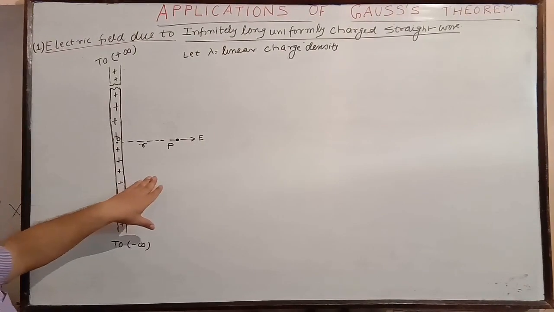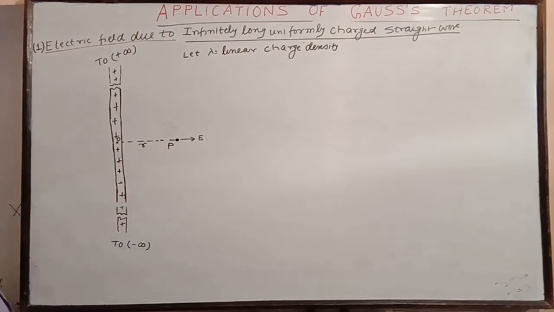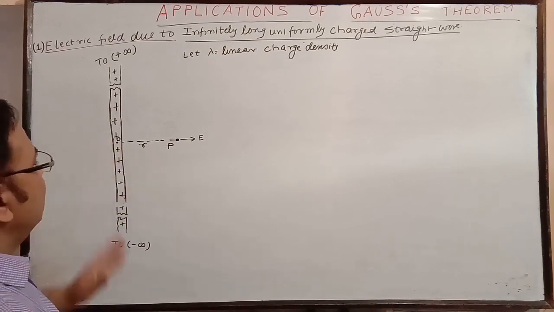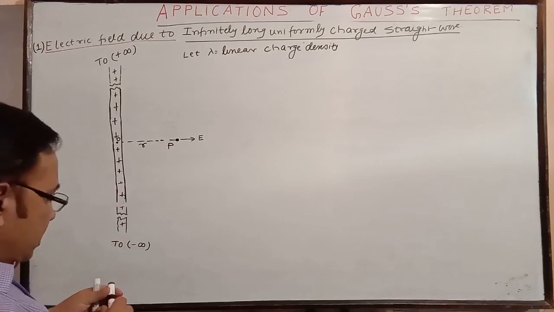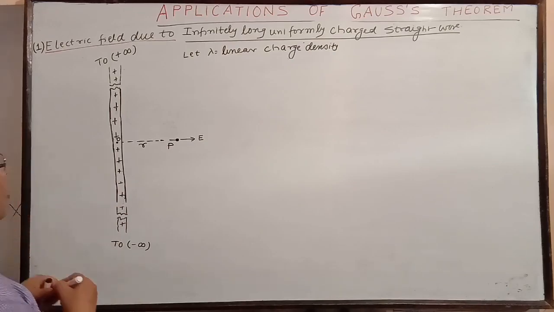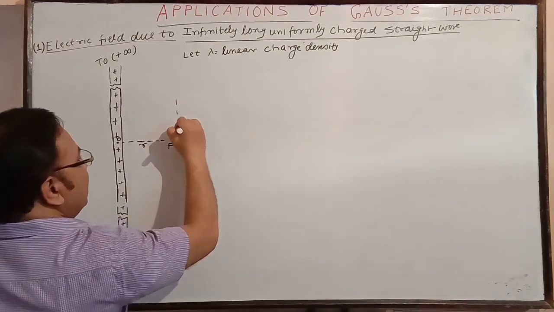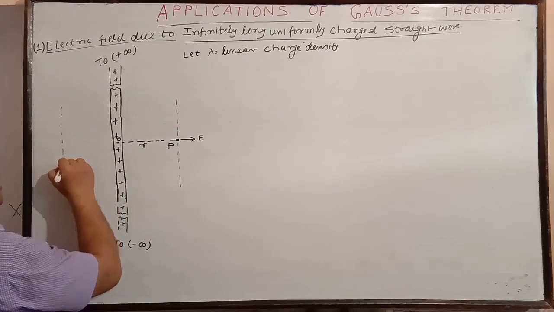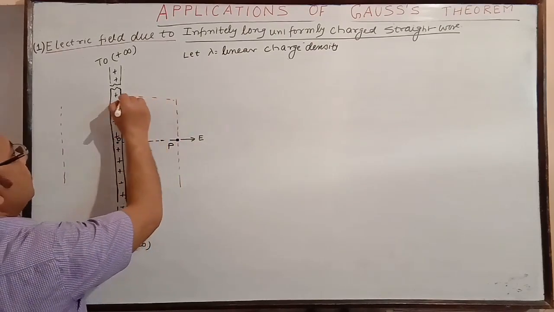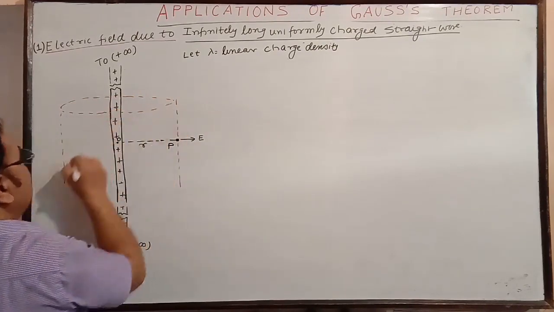We had just seen it. Now we would like to find out the electric field at a distance r, which is perpendicular distance r from the wire. Here lambda is the linear charge density. We would like to draw a Gaussian cylinder due to its axial symmetry, which the wire also has. So we draw a small length of Gaussian cylinder of length L